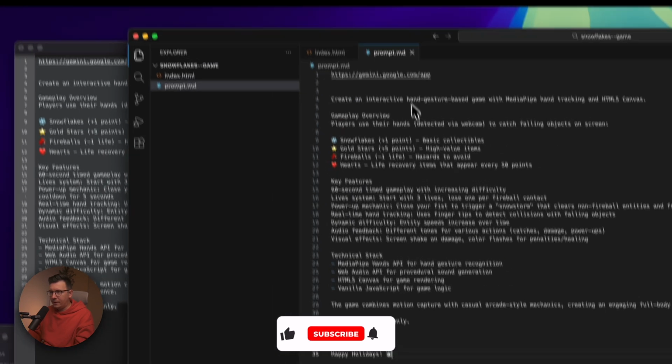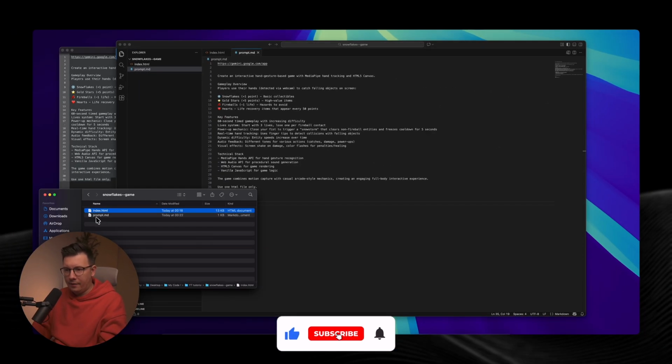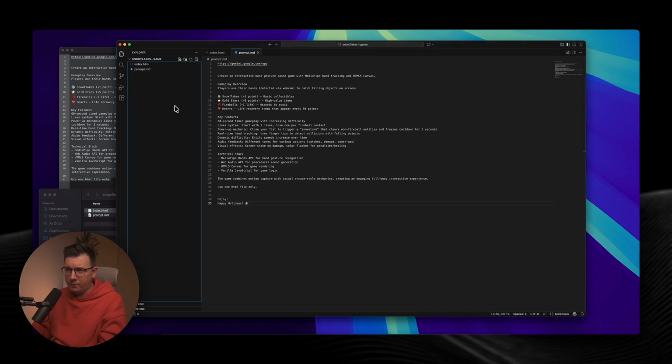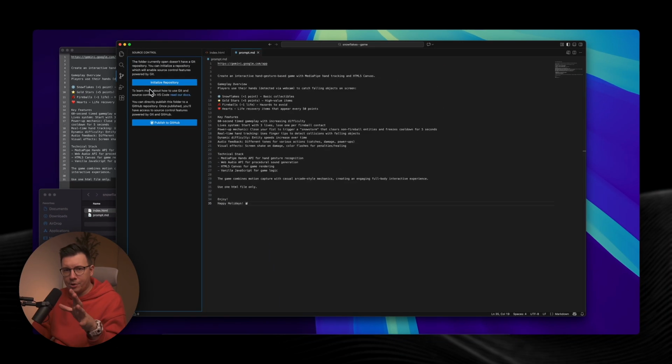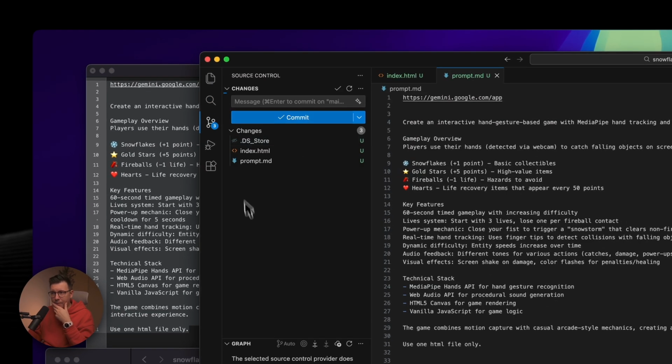So I'll save this file. So you can see that I have 2 files already in my folder. It's a markdown file. And what I want to do now, I want to go to this icon, source control, and I want to publish it to my GitHub. So I will initialize the repository. It will understand what files I have here. And I need